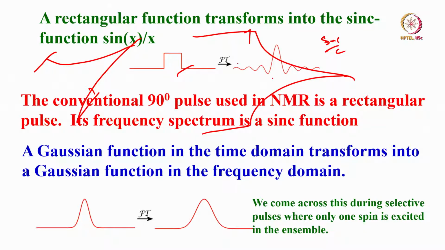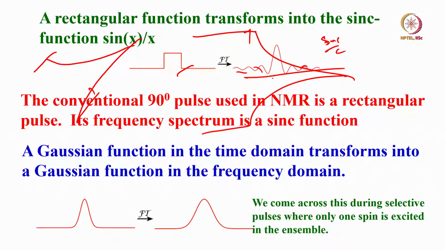If you do the Fourier transformation of such a free induction decay, you are going to get in the spectrum, especially when you have a strong signal present, wiggles like this on either side of it. These wiggles are nothing but the sinc function. Please remember, when you collect the free induction decay and do the Fourier transformation for the NMR spectrum, if the FID is cut in the initial portion, you are going to get wiggles like this. They are because of the sinc function.